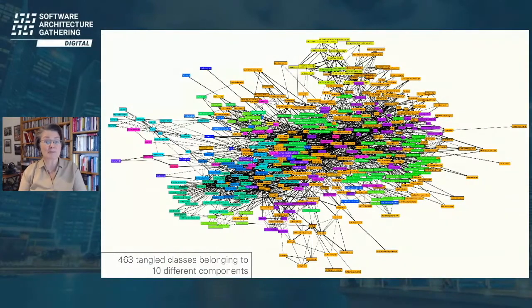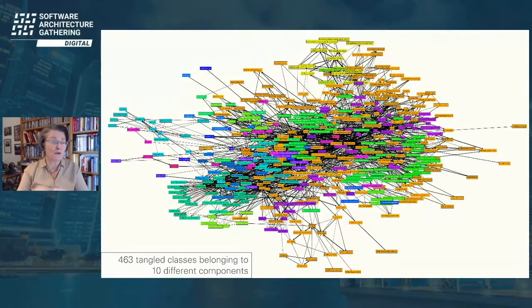The relationships between the classes, so to say, one class calls another class or uses the other class as a type, are all the arrows that you can see between the rectangles. There are many relationships, as you can see, especially in the middle.